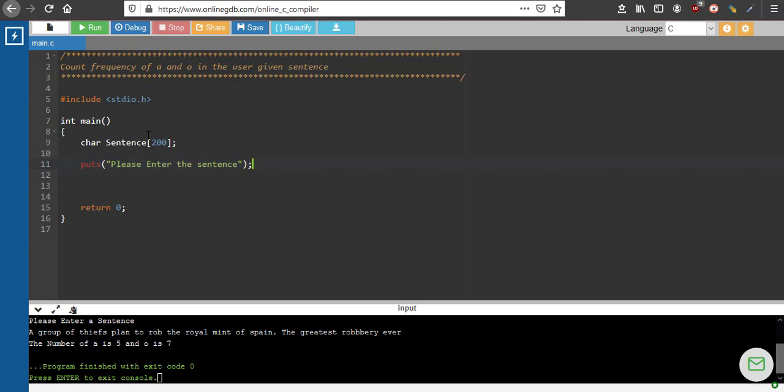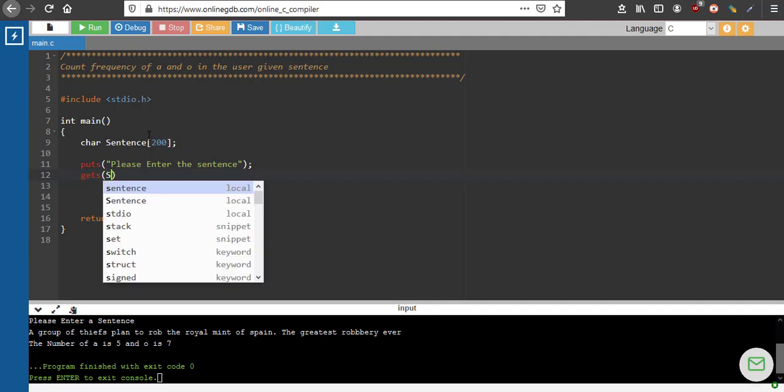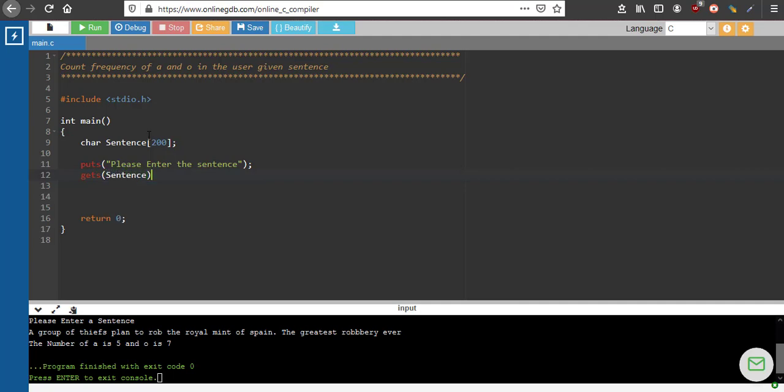Right? Okay. So now let us do scanf or gets sentence, both we can do. Sentence will be saved to sentence, right?